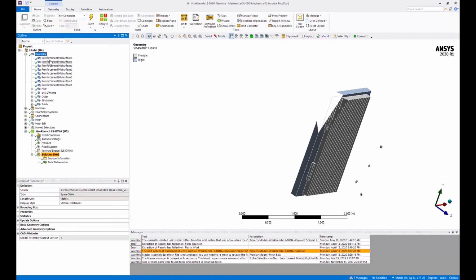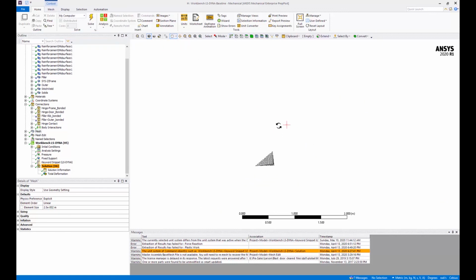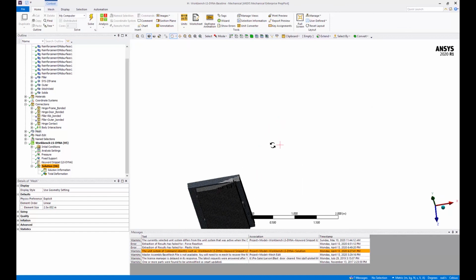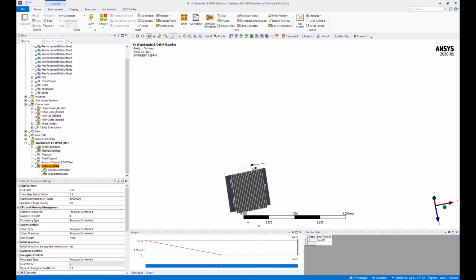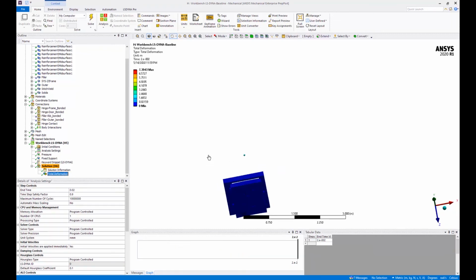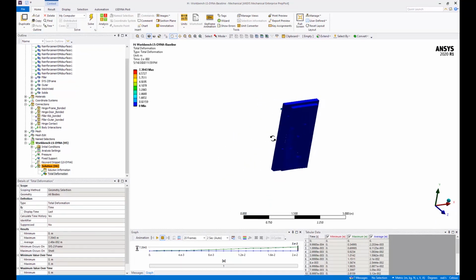So geometry here I set up the same. I set up mesh and connections and all of that the same. The material properties and material failure and all of that were set up the same. All the boundary conditions were the same. And then if you see over here, I solved it, and the total deformation also shows that the particles penetrate through the door.